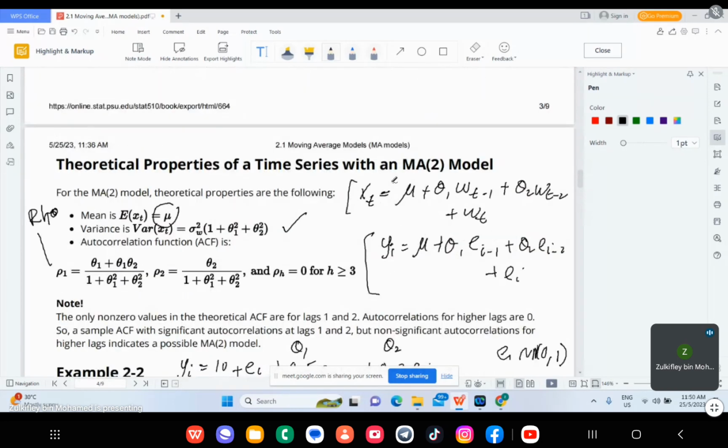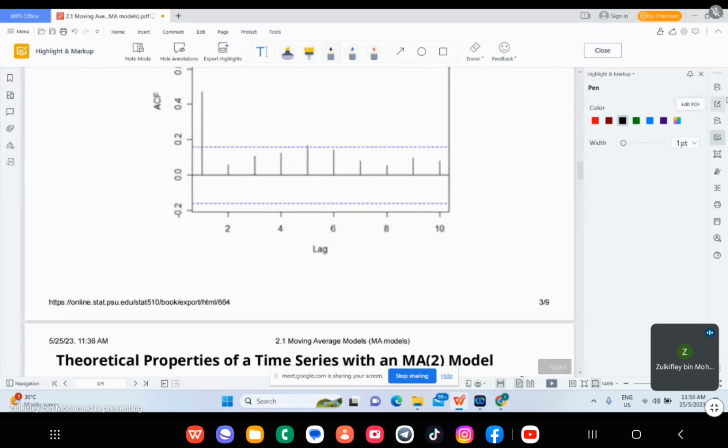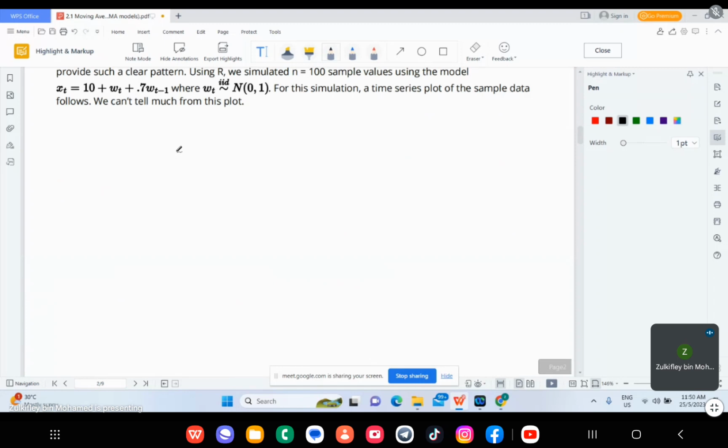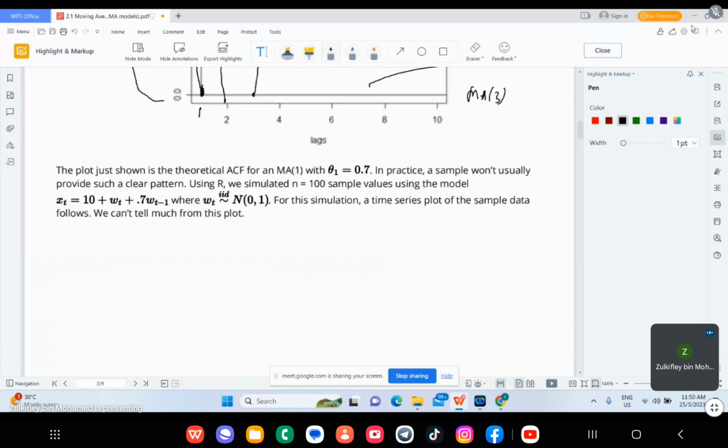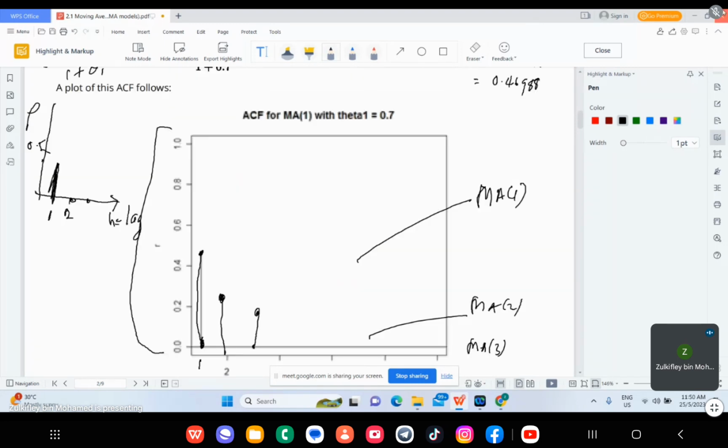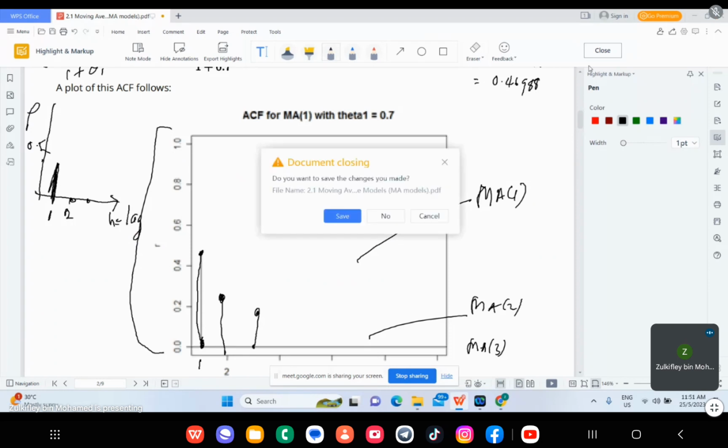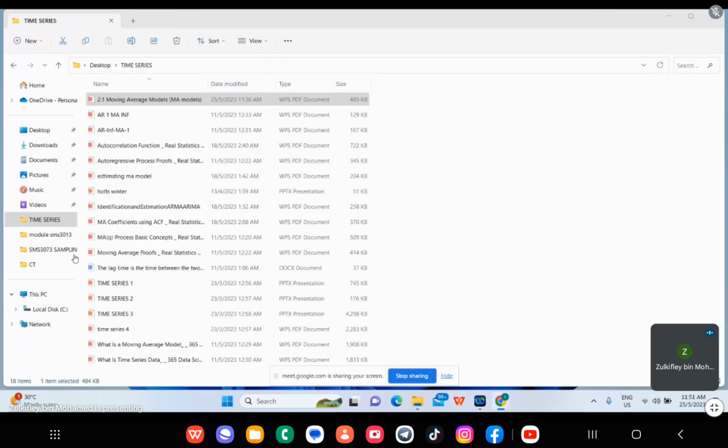So bagaimanakah cara kita nak mengenal pasti model-model yang kita nak buat? Kita ada dua cara. Satu ialah kita gunakan, how we want to determine a model. So the model can be determined using